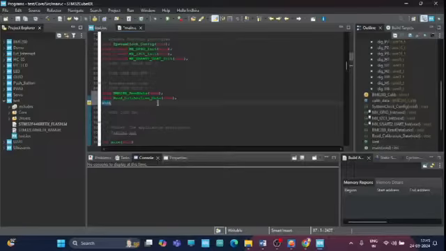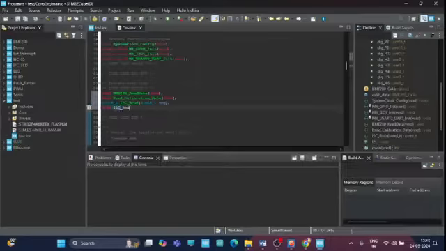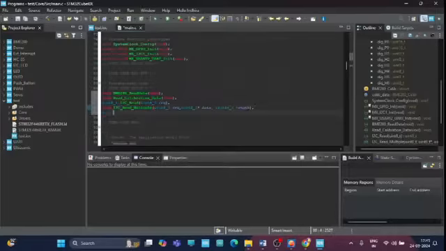Okay, and then uint8_t I2C_read. So instead I'm going to pass uint8_t reg, and then void I2C_read_multiple, instead I'm going to pass uint8_t reg, uint8_t data, and then uint16_t length, and then float type